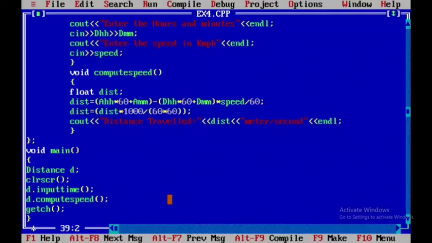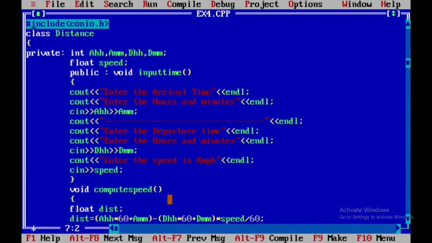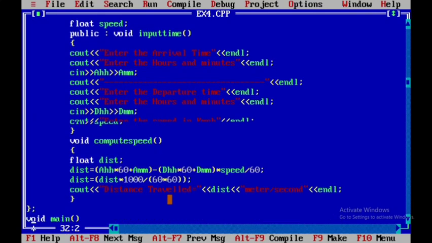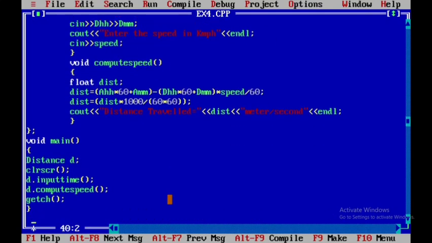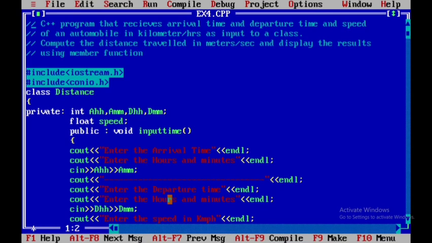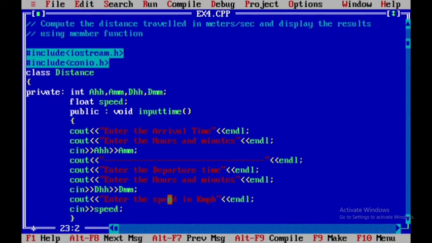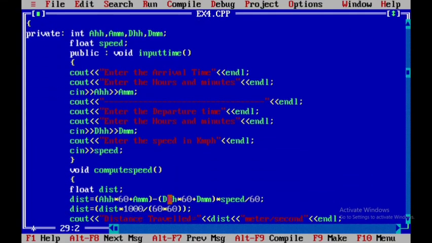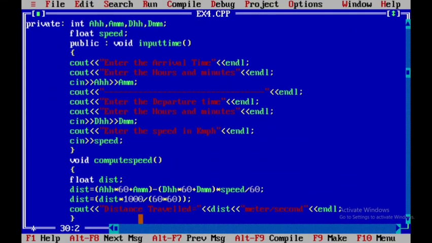You take other values and compute manually, then write the output. This program takes arrival and departure time, and we give the speed, then it computes the distance traveled along with the speed. So write down the complete program, take other values, compute manually, then write down the output. The computation part has to be taken; these 4 lines are very, very important.